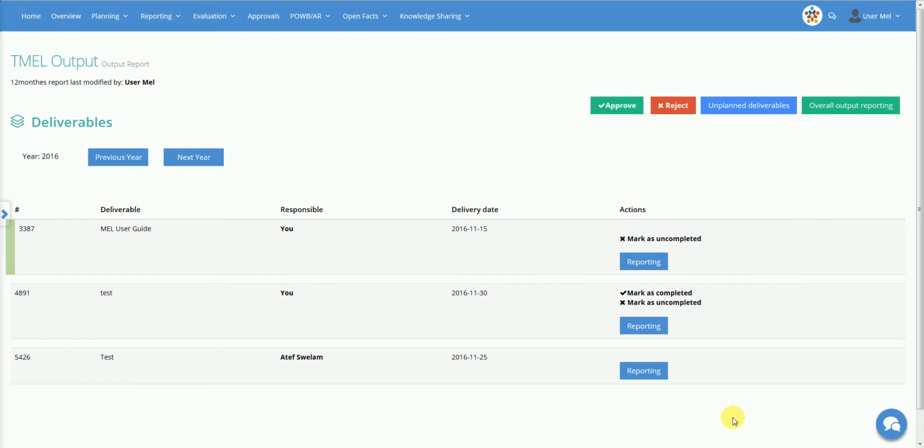In addition to the reporting on deliverables, the output leader and co-leader will produce, based on the files uploaded by all the scientists contributing to the output, a short narrative on the overall progress made. The leader clicks on Overall Output Reporting,